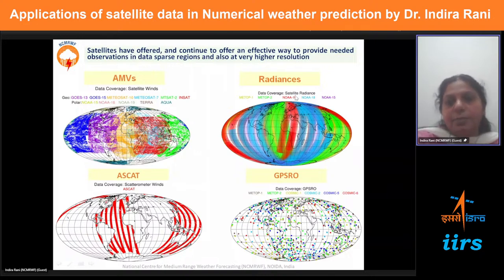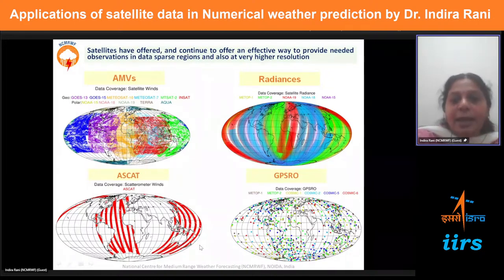And we have the radiances mainly from the polar satellite also, and from the geostationary as well. So this is the radiances, and this is the scatterometer data. So scatterometer, it is mainly the sea surface temperature on board the scatterometer instrument. So here we have shown only the SCAT, but right now we have the scatterometer data from the recently launched